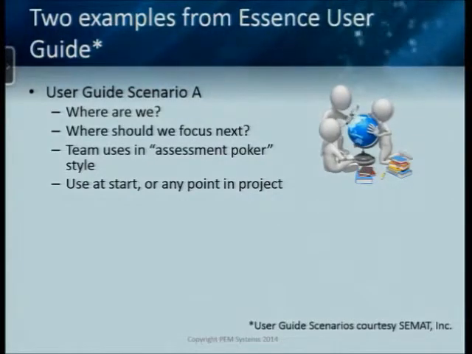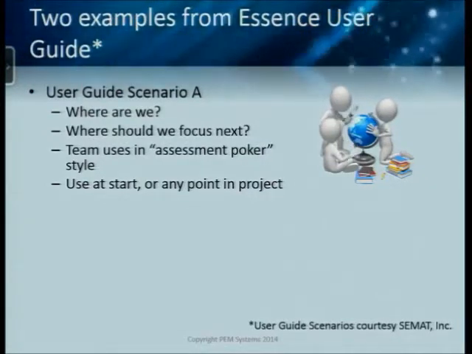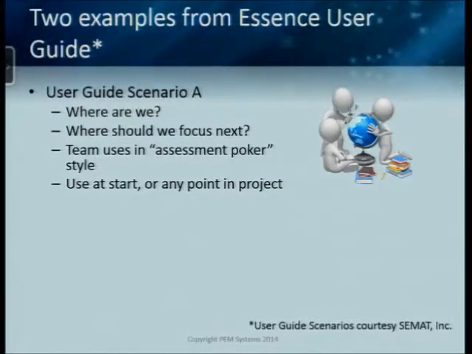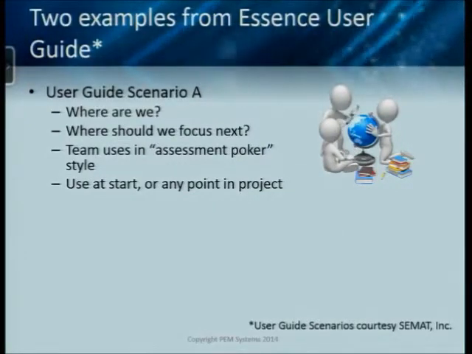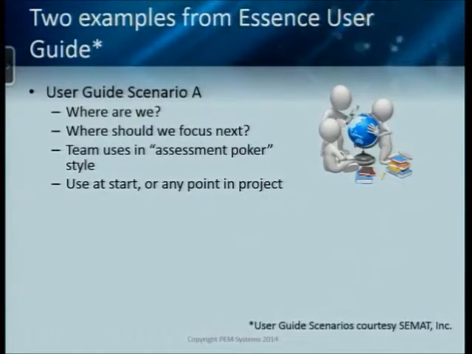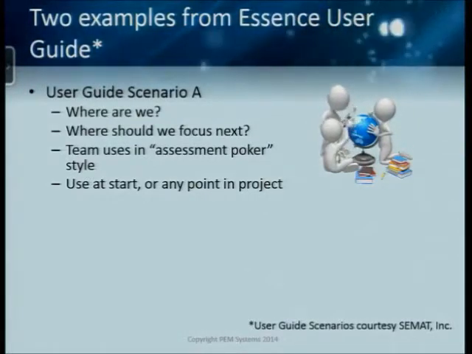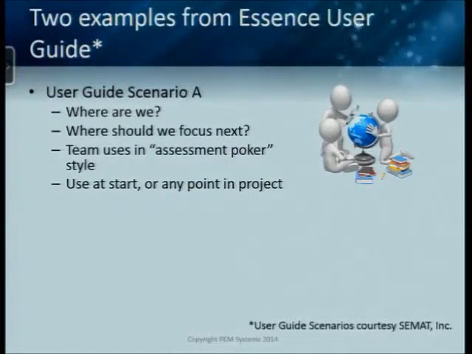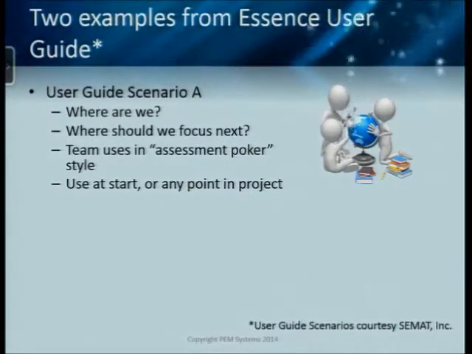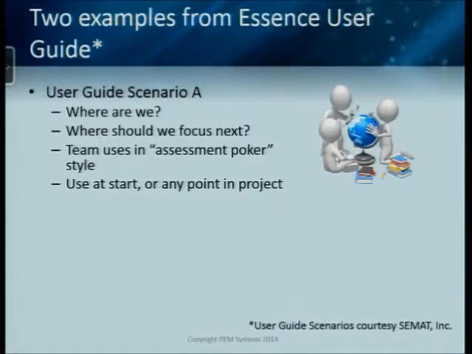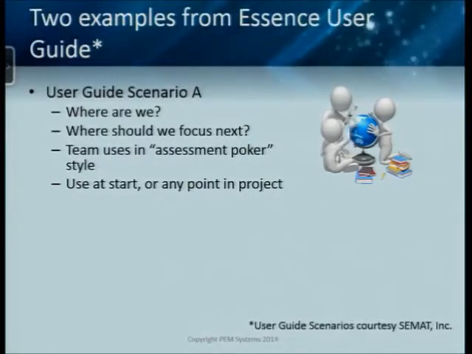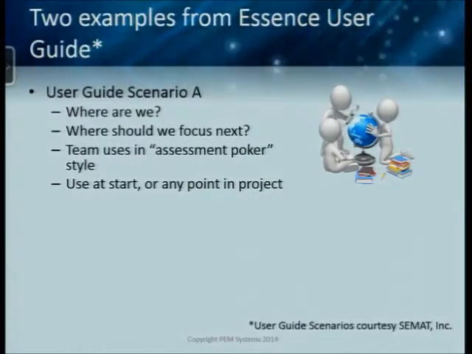And one of the comments that was made by one of the students when he was asked, did this help? He goes, well, the thing that was neat about it is he said, when we were just doing Scrum, the only thing we talked about is what we knew. In other words, you do the retrospective with Scrum, the team talks about, well, what are the issues that are getting in our way? And what do we need to do about it? So the whole conversation is about what you already know. And this student said, Essence helped us to think about and talk about the things we didn't know.